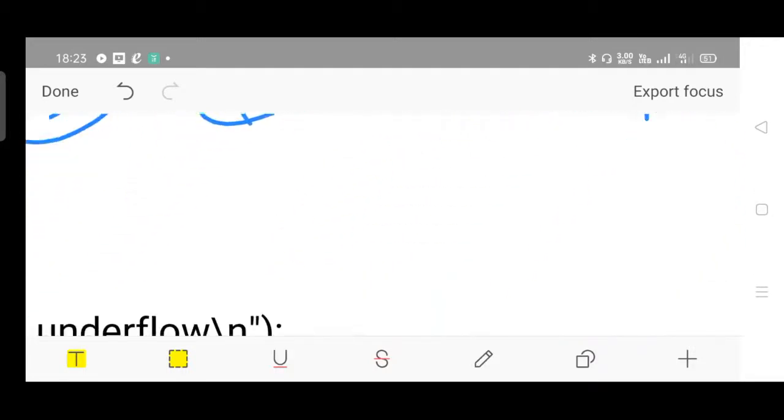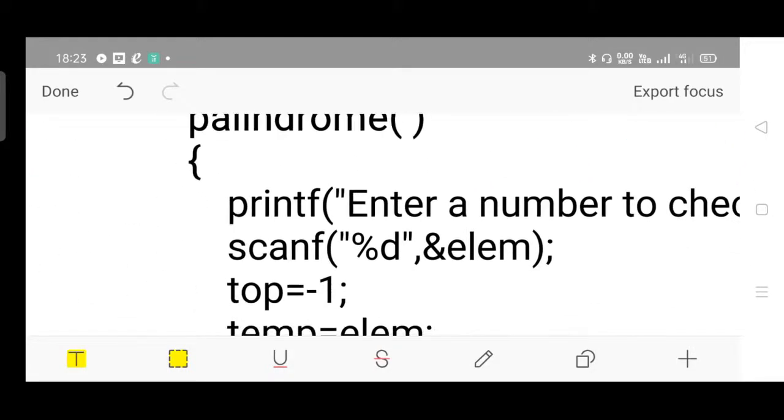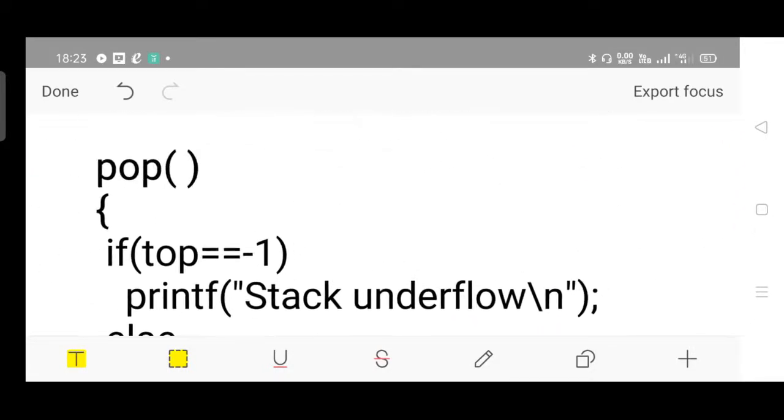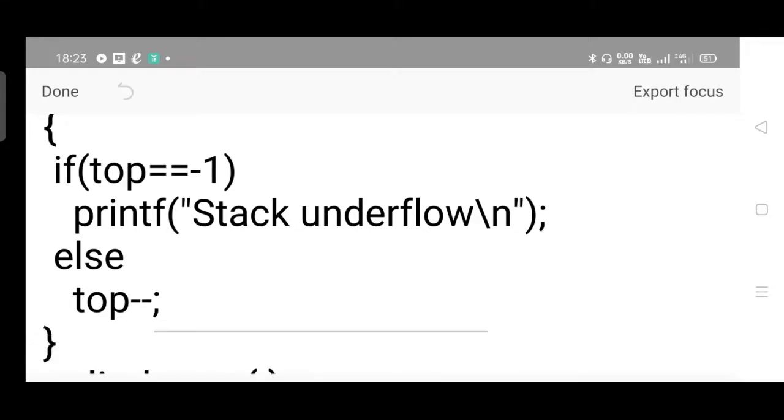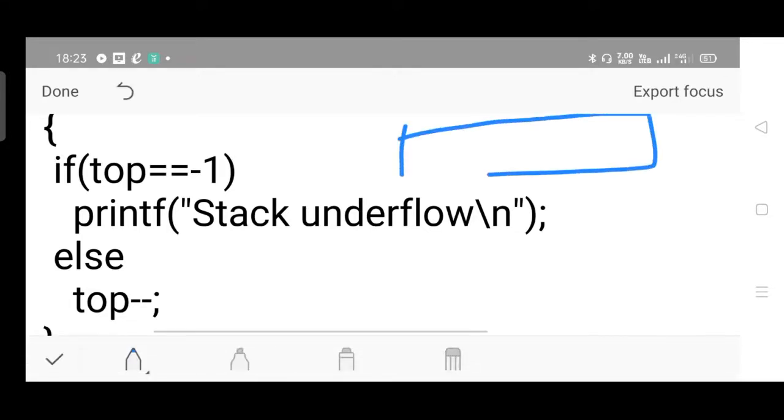Now we'll see the pop operation. If the stack of top is equal to -1, what does stack of top equal to -1 stand for? This is the stack: 0th position, first position, second, third, fourth, and so on. So where is -1?